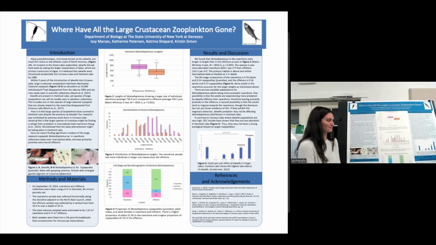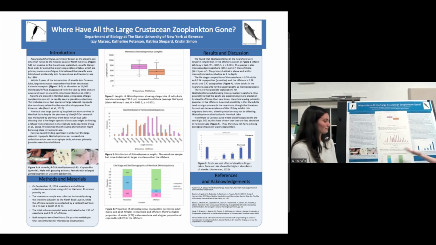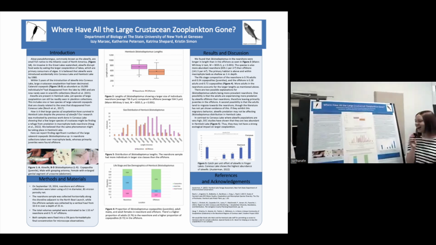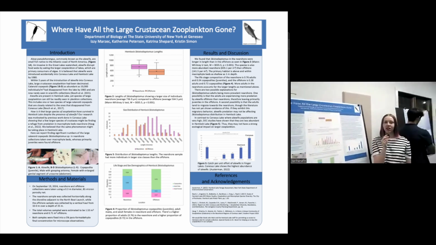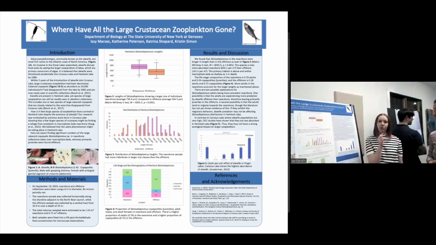We found that these Schizodiaptomus copepods are about 6 times more abundant on the nearshore than on the offshore. You can see in figure 2, the pink bar, they have a longer average length on the nearshore as well. Figure 3 shows that too, just that the nearshore lengths are more skewed towards the right, so they have longer lengths. We think this longer length in the nearshore is due to a higher proportion of adults there. You can see in figure 4 there's a higher proportion of male and female adults, which are going to be longer, and there are more copepodites, which are the juveniles, in the offshore, which are shorter.